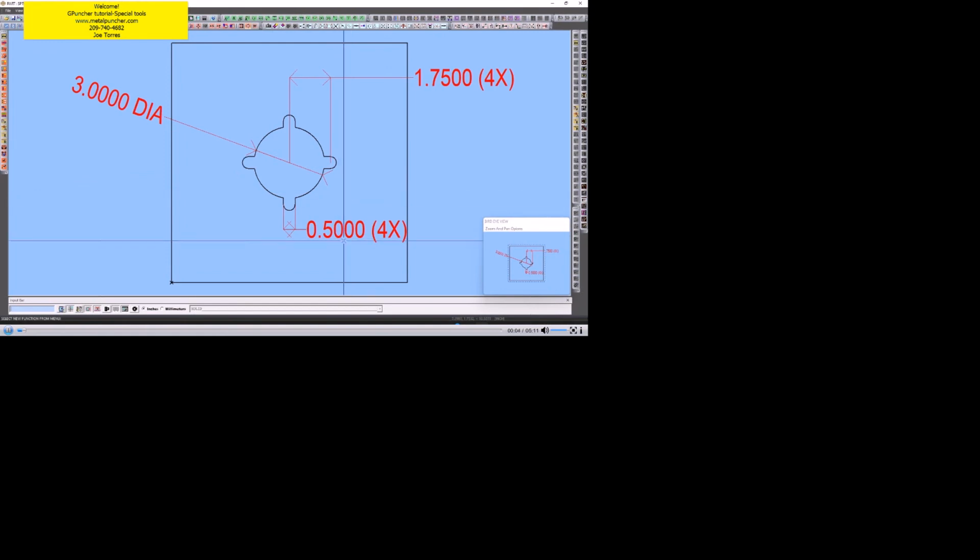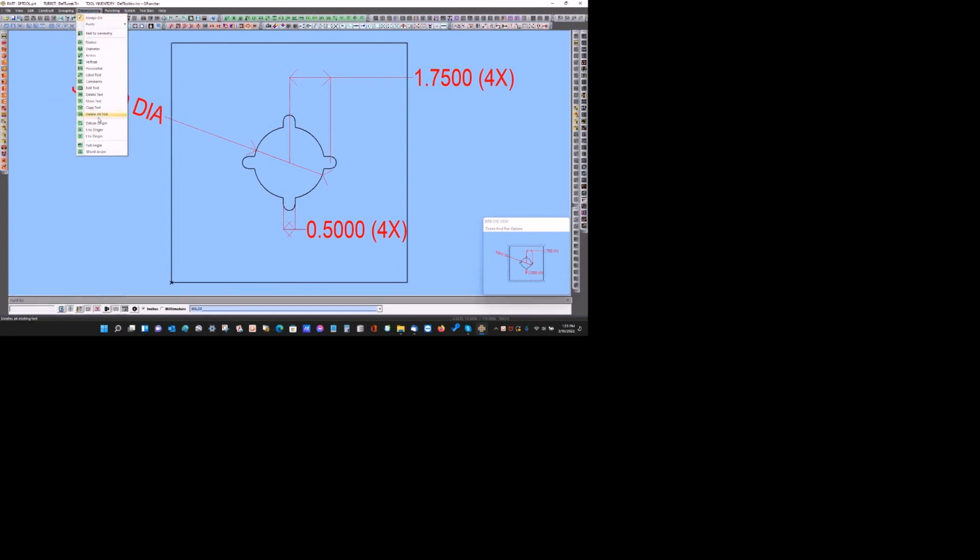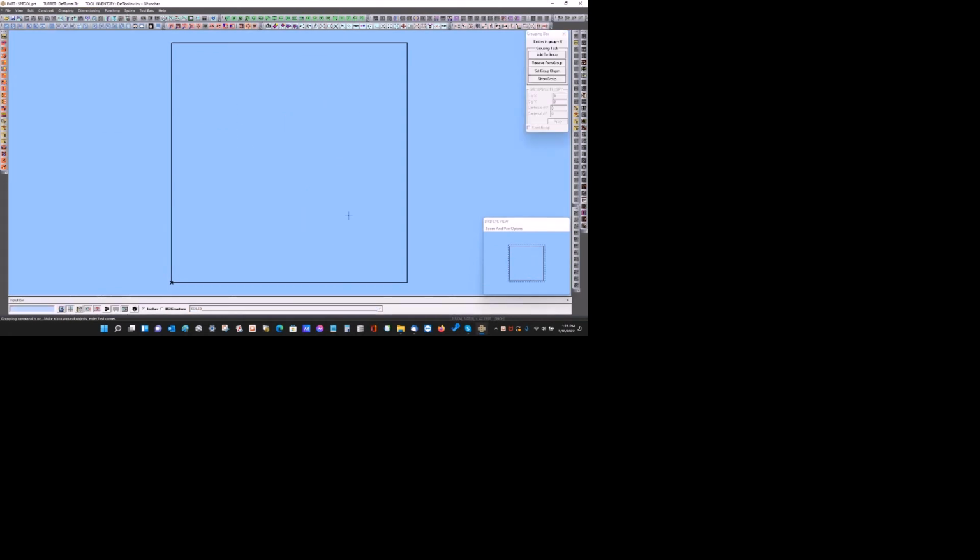Please pay attention to the dimension. This tutorial is about how to create a special tool out of this shape. First of all, we want to draw the shape, so keep in mind the dimensions that are shown. And I'm gonna delete all the text. Let's get rid of it, and then I'm gonna use the grouping delete to delete the group by geometry, and